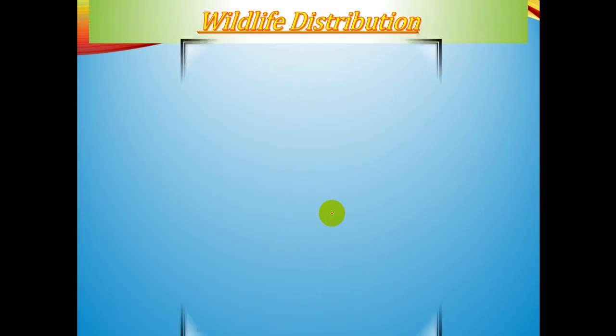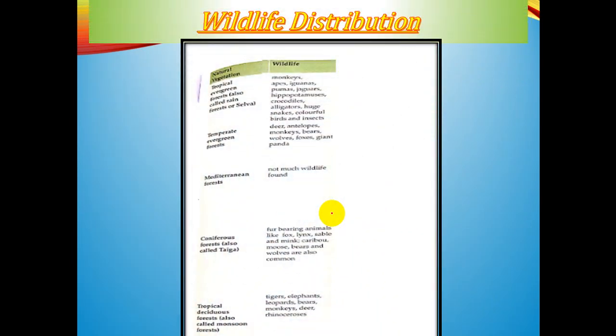Now you can see it is there in a tabular form: the type of the natural vegetation, tropical evergreen, and beside that we are having the type of the wildlife. For every forest cover, it is given in that order, which is also there in your book. It's just in that order. Now what is your work? For each and every vegetative type, that means either tropical evergreen or temperate evergreen, Mediterranean, coniferous,